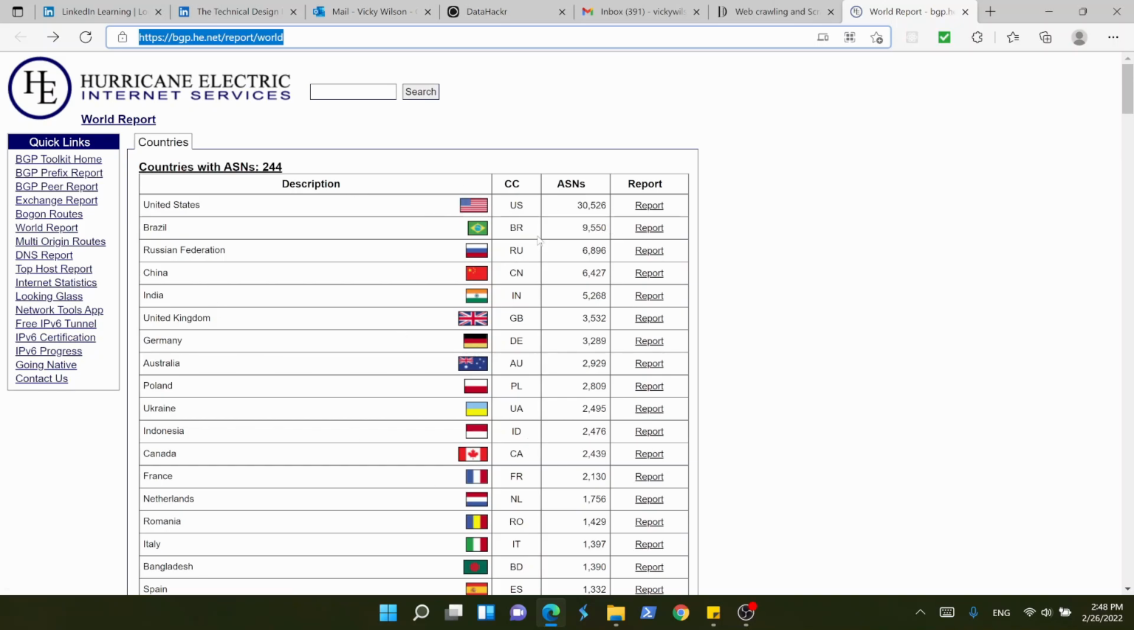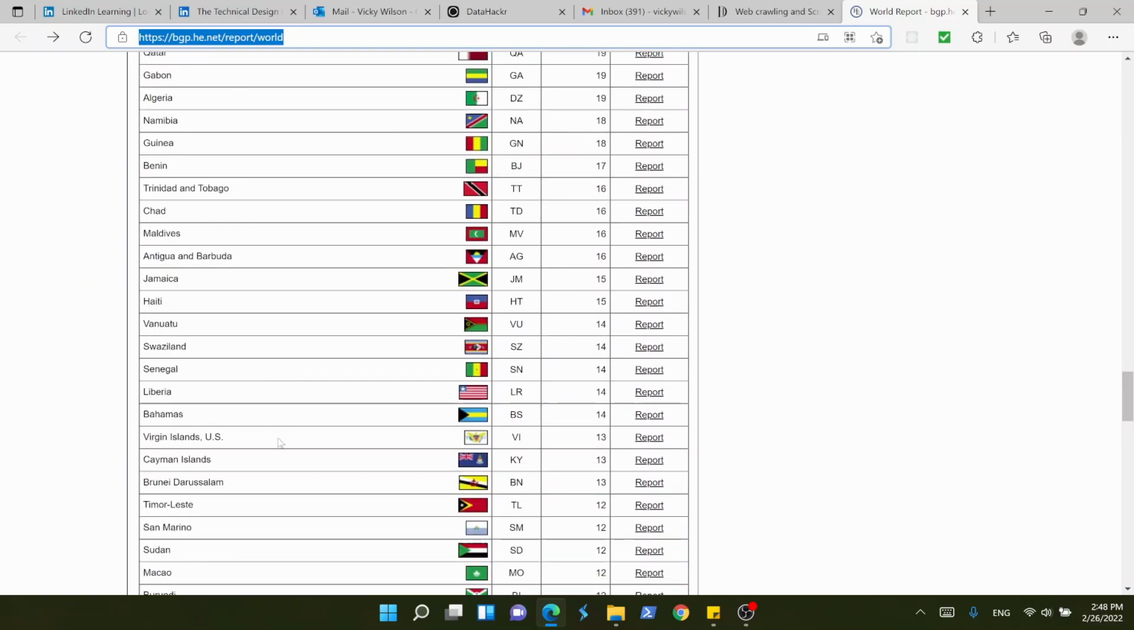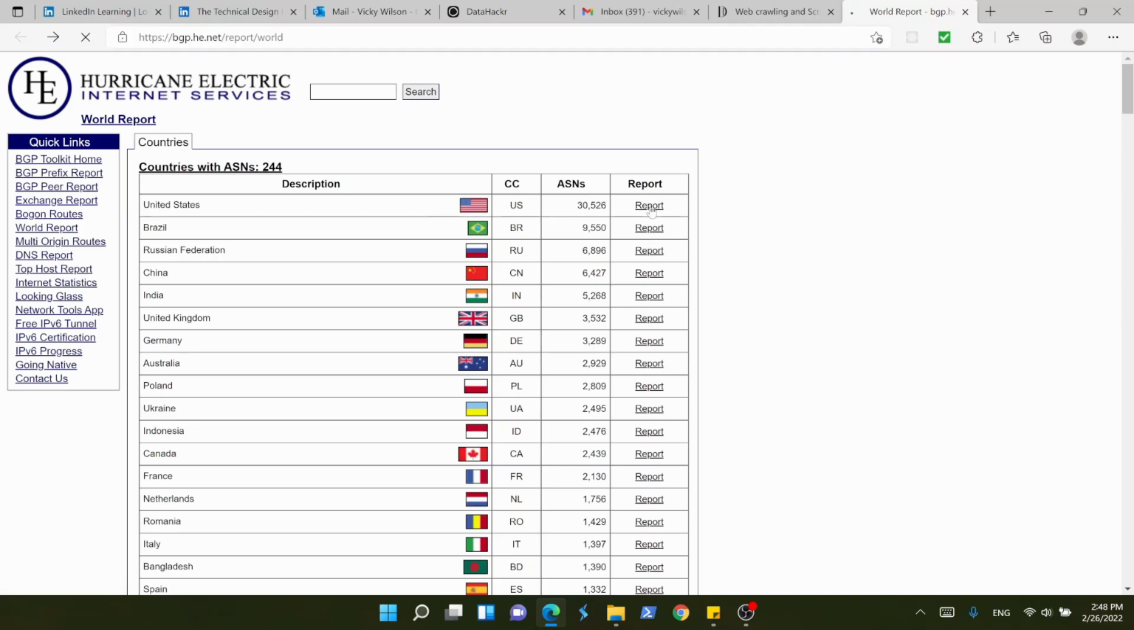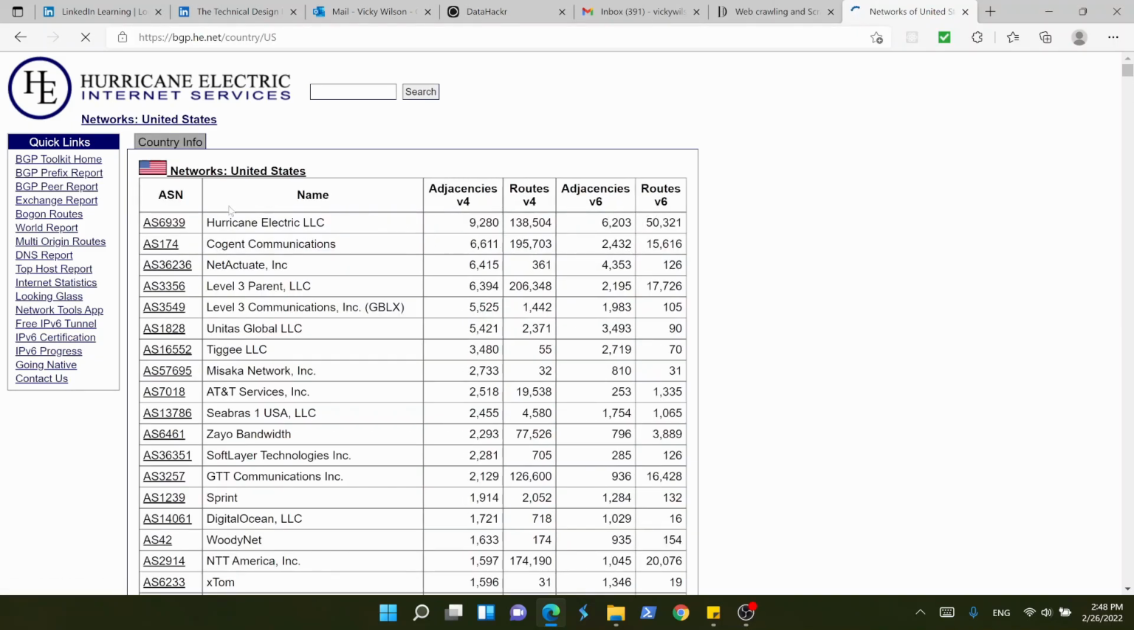So in our use case, we will loop through this whole list of countries, extract the report information for each country, and go into this page. That nested looping process is called web crawling: we crawl into each of the links and extract this information by company. For each company there is a unique ASN assigned, and we have the corresponding IPv4 and IPv6 routes and adjacencies. So we'll be extracting this information and mapping it